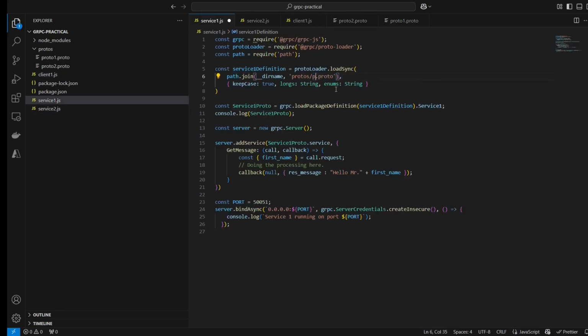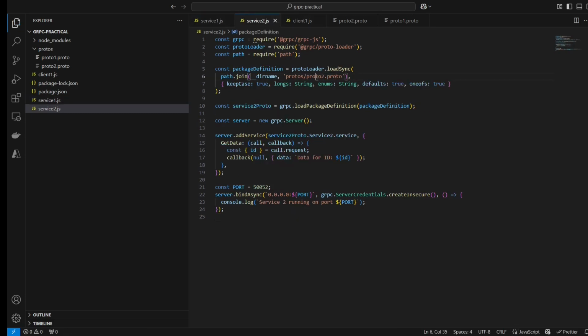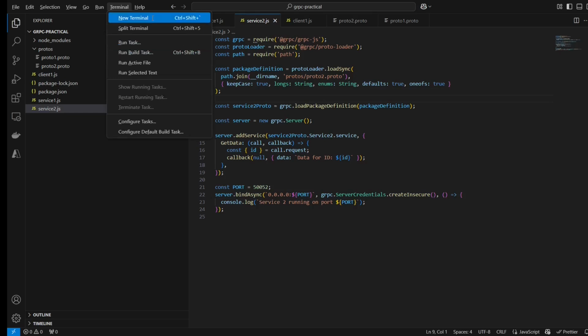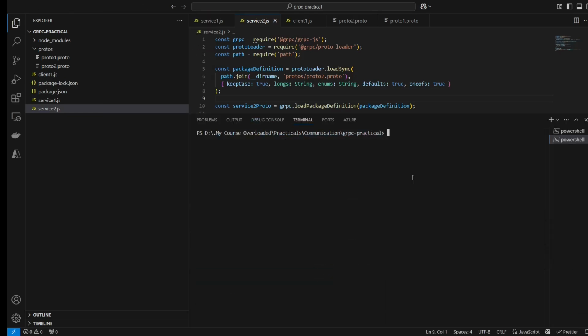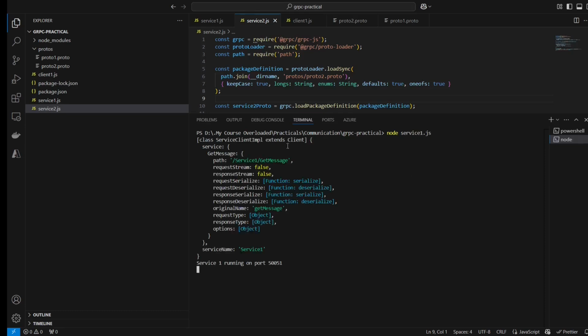Sorry, we have used a wrong name. Proto 1 and Proto 2. Now we would be executing service 1 and service 2, and then we would be executing the client. So for this, we would be going into the terminal and running node service1.js, and here it is.